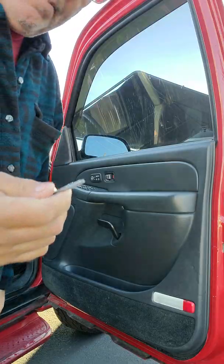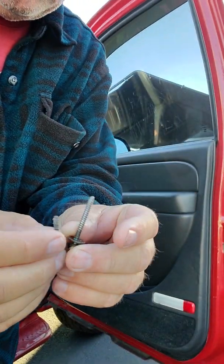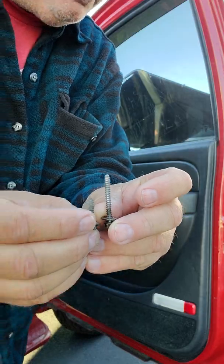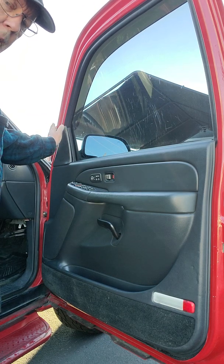Yeah, so maybe I'm the one that screwed up, and maybe that's why my screws were wrong. So you see the difference in the two screws. One's twice as long as the other one. I think I put my other ones in backwards. Okay, so this part up here,